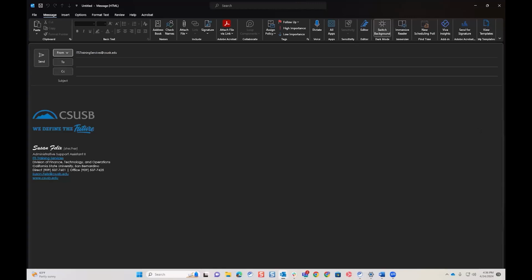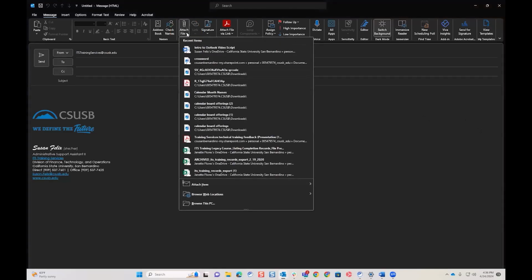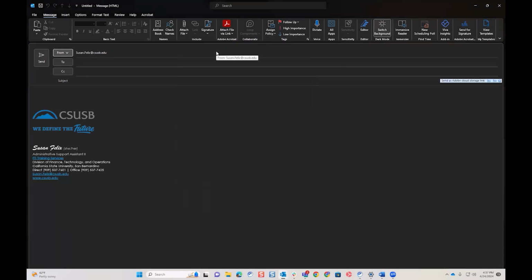To attach a file to an email, click on the paperclip and then click on Attach File. You can see recent files, search for a specific file either on your desktop or OneDrive, or attach an email as an attachment. To create a new signature, click on Signatures, Signatures one more time,